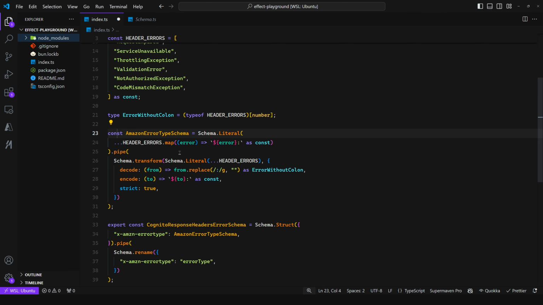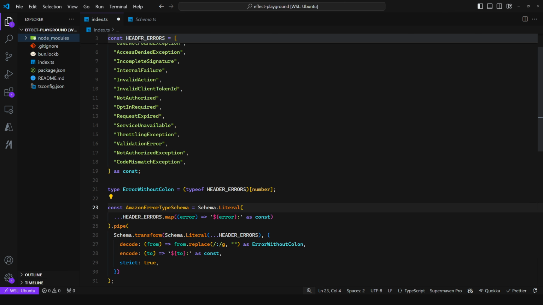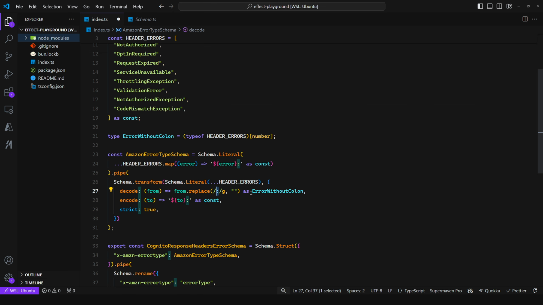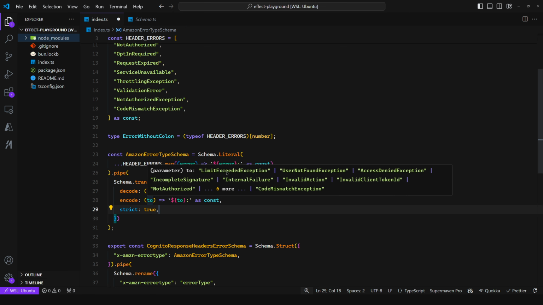So here I say, well, the header errors I want, and then to decode them, I just replace the colon, and I need to assert this. And to encode it, well, I just now wrote down the type with 2. Why? Because it already knows the type here. So TypeScript